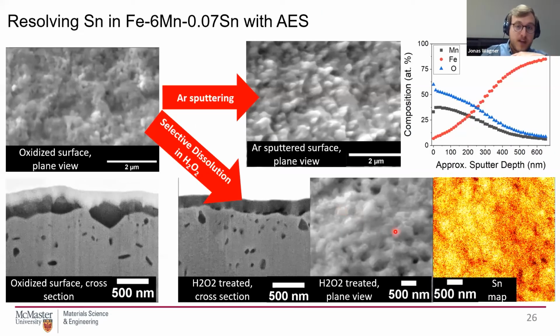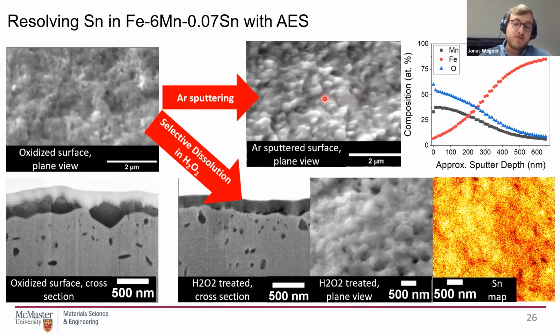I tried it out. I wanted to look at the segregation here. You see in cross-section the segregation at this oxide-metal interface. But you can see even after prolonged argon sputtering, because of the geometry, the different materials, different sputter rates, and the non-flat surface, we see a strong shadowing here. And I was not able to resolve any tin signal in that way.